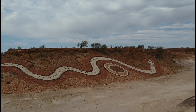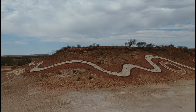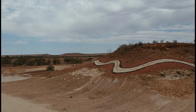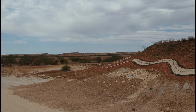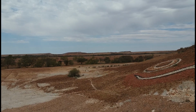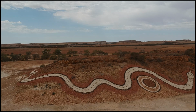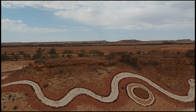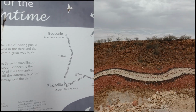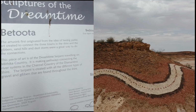Sculptures of the Dreamtime, Betoota. The artwork first originated from the idea of having public art created to connect the three towns in the Shire. And the gibbers, sand hills and dust storms were a great way to do the connections. This piece of art is of the Dreamtime serpent travelling on mythical country. It is making pathways connecting to the river systems in the Channel Country of the Diamantina Shire. The serpent was created from different types of gravel